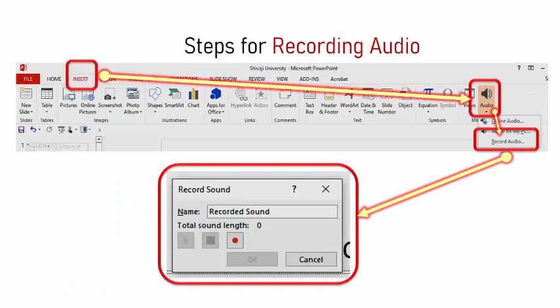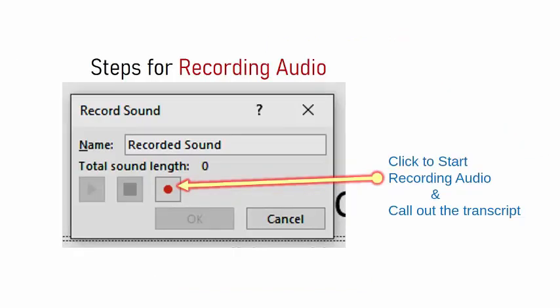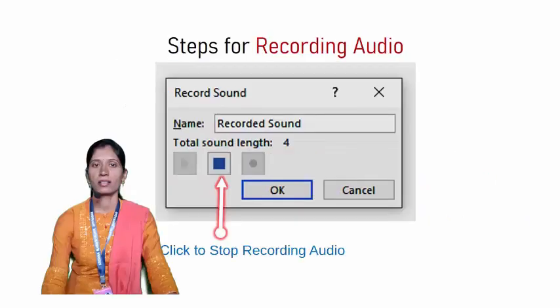A separate window will appear on the screen for recording audio for the selected slide. Keep your transcript ready in hand and press the red button to start audio recording. Read out your transcript prepared for the concerned slide. Then press the blue button to stop recording audio after finishing the transcript of the same slide.